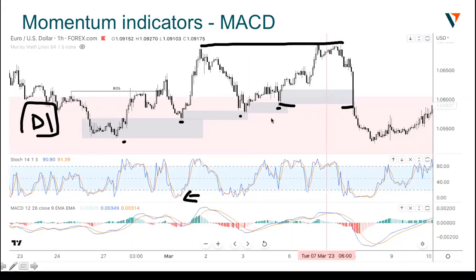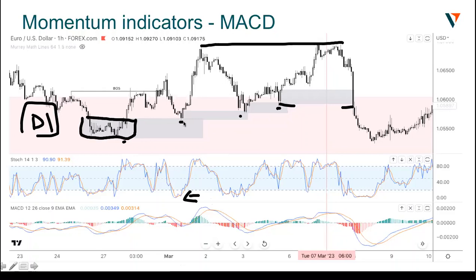And if you take a look at MACD, you can see this area here. If MACD goes above zero and holds above zero, it's bullish. If it crosses below zero, then it's bearish. And at the same time, if the blue line crosses above the orange line, then this is bullish and vice versa. Okay, so in this example, when price comes into a demand area, as we've mentioned so far,